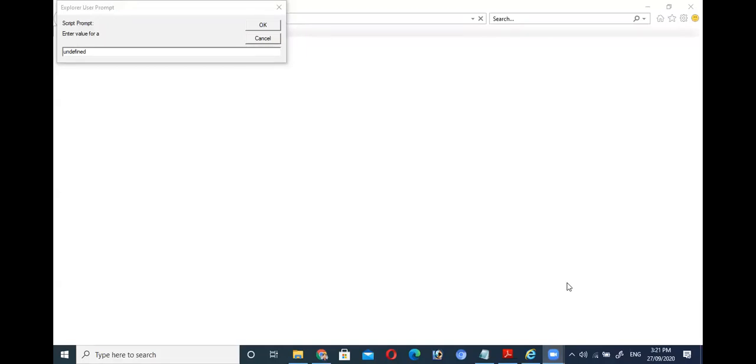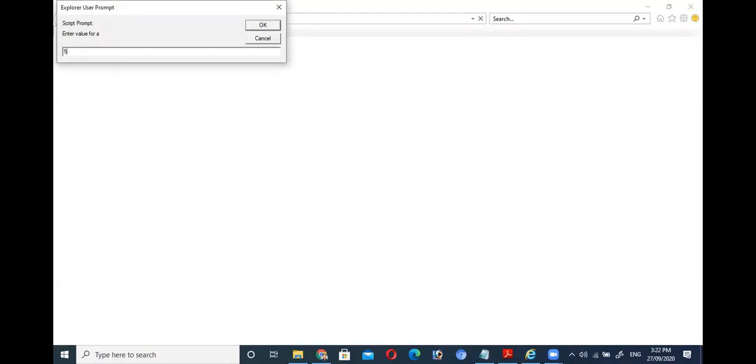So this is the first prompt method. Whatever content we have enclosed in the prompt method will display over here. Here you can see the enter value for a, and here you can enter the value for a.